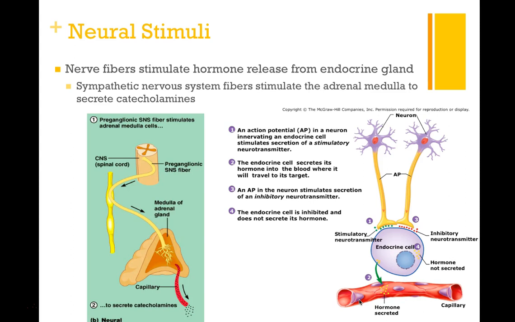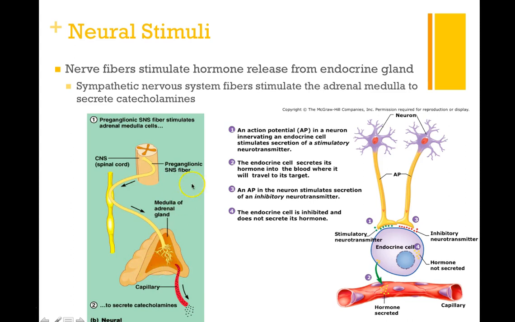Now let's talk about neural stimuli. We have nerve fibers that can stimulate hormone release from specific endocrine glands. The example here that we are going to mention involves our sympathetic nervous system, remember fight or flight, and also our adrenal gland, specifically the adrenal medulla. I know we haven't talked about the urinary system yet, we haven't gotten into this as an endocrine gland just yet, but on our adrenal gland we have two layers. We have the cortex, which is the periphery over here, and then the darker portion on the inside is the